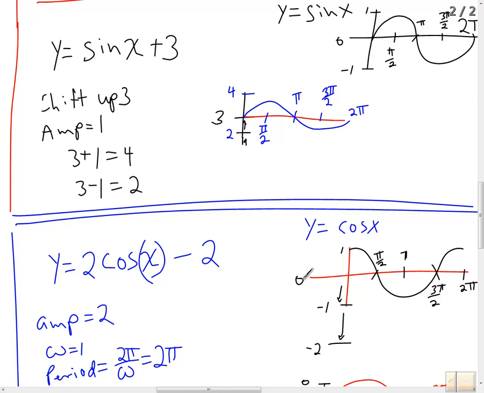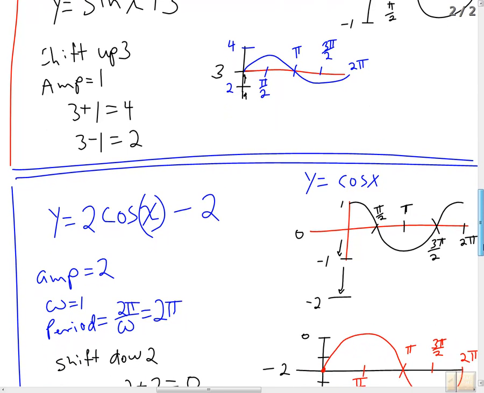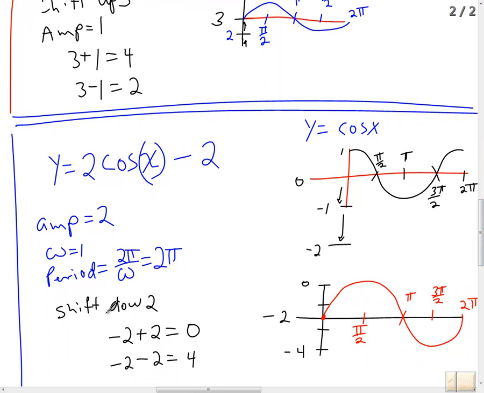And so here's our baseline at 0, and so it starts off at 1, comes down and around to pi, and here's 2 pi, 1 pi, 3 pi over 2, and 2 pi. So our graph is going to shift down 2 spaces. Since it shifts down 2 spaces, our baseline is now at